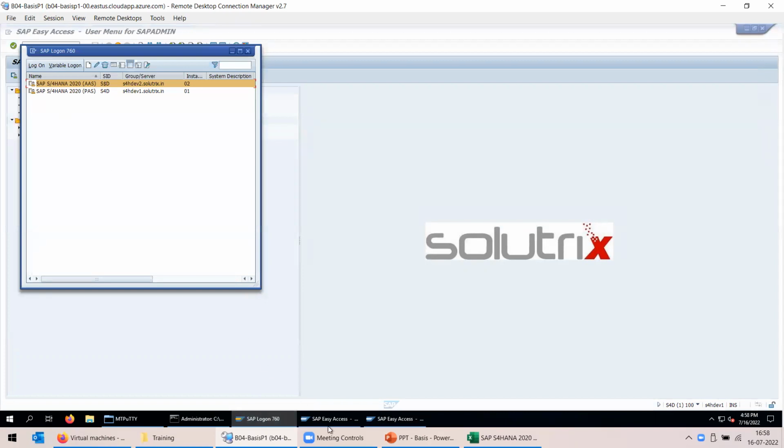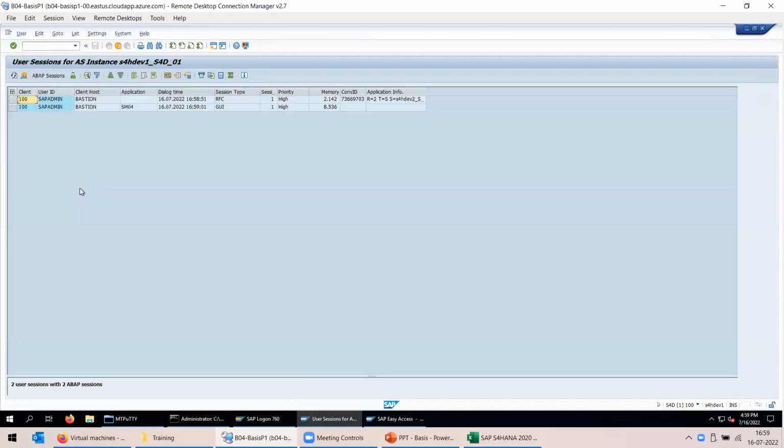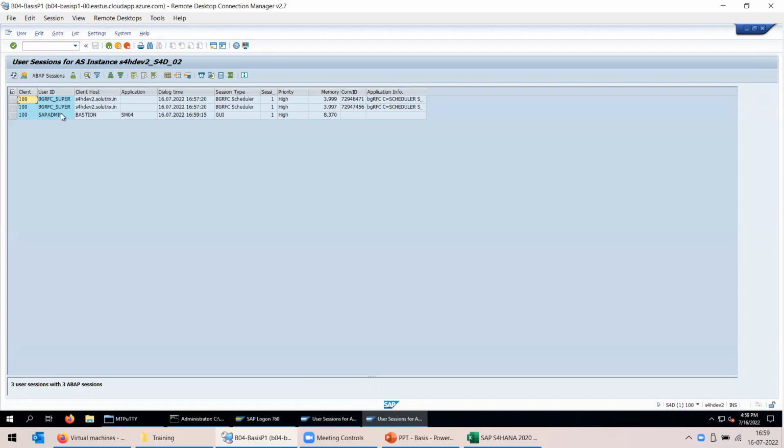Now if you come over here, on any of your systems, if you run SM04, here you can see all the users which are logged into the system. Can you see the users which are logged in? Here you can see that the SAP admin user is logged in. Also on the second screen, if you run SM04, you can see the SAP admin user has logged in. But if you see the message on the top of the screen,